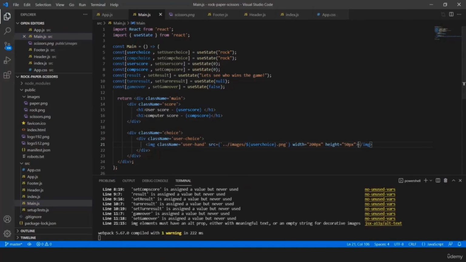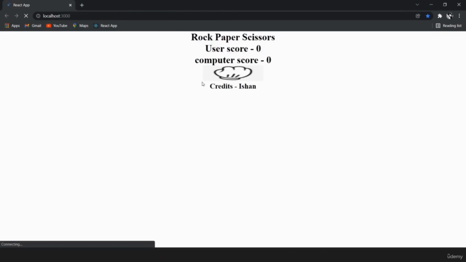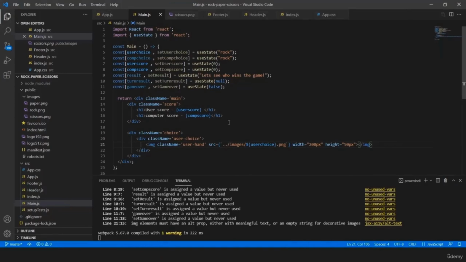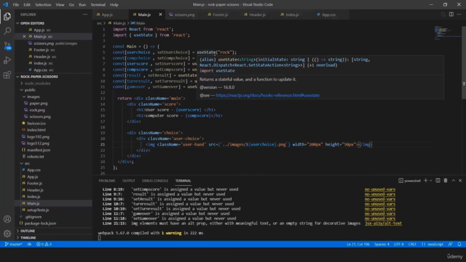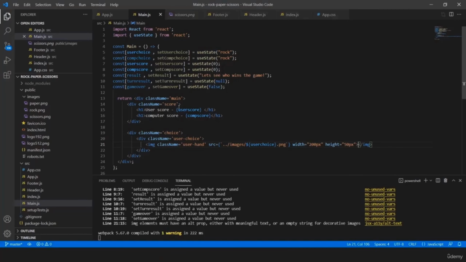And when we save this, we will be able to see the photo of rock. This is because the default value of the user choice was rock initially, and like that only we will do for